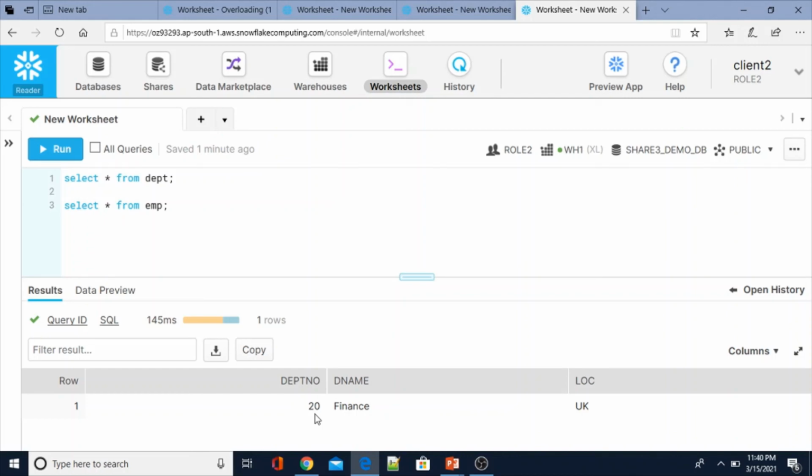Apart from that, we can transfer the file to the client server by using SFTP. For that you need to set up some network between your network and your consumer or client network. Here we don't have those kinds of issues. You can just create a shared database. Through that shared database you can share any number of objects.